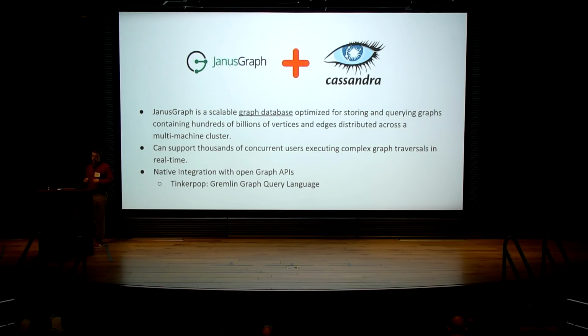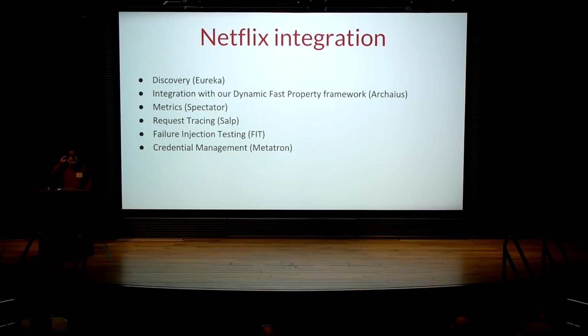The advantage of using Gremlin is, for example, if you have a use case that you want to migrate to Neptune, that's okay. If you want to migrate to Neo4j, all of these graph databases support Gremlin. So for us, the migration from one framework to another would be very, very easy. So Janus Graph actually offers that. At the same time, it supports Cassandra, HBase, Berkeley DB, and a few others, and Bigtable. But for us, we have great experience on Cassandra, we have a great team in Cassandra, so we thought of integrating with Cassandra specifically.